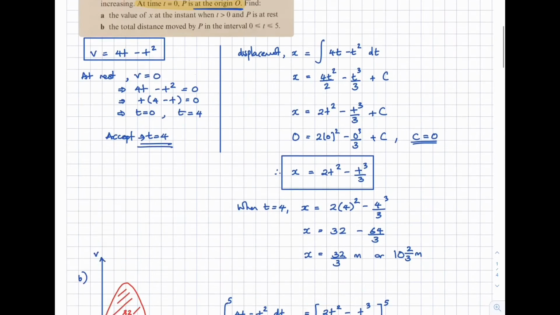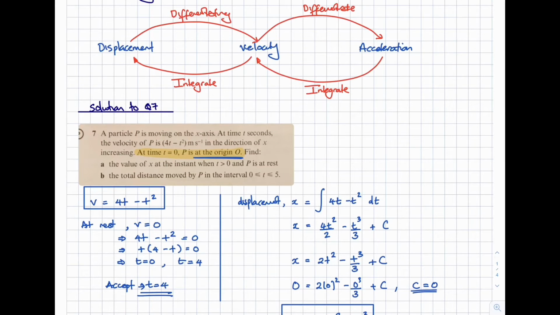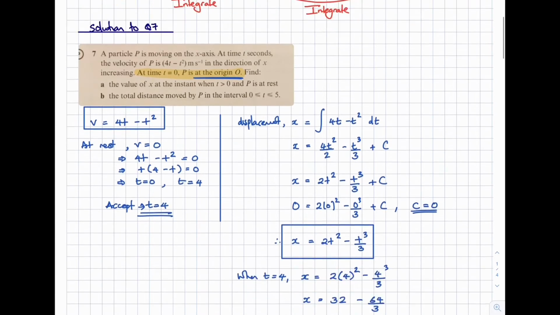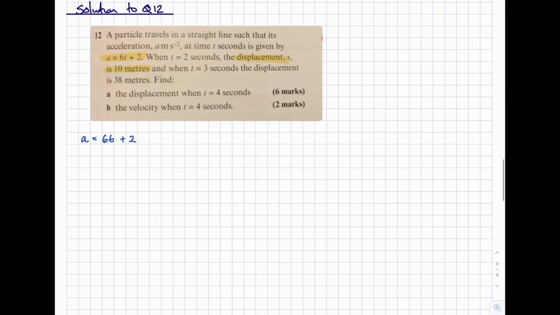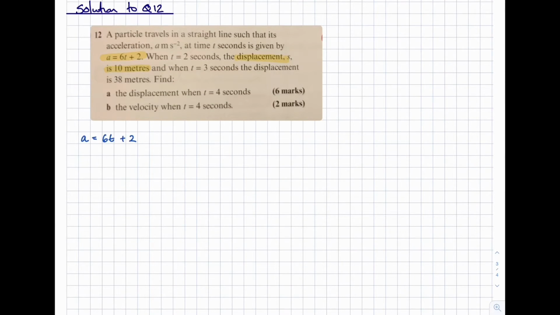If we've got acceleration and we want to work out displacement, we need to integrate twice. Integrating once to give us velocity, and integrating twice to go from velocity to displacement. So what we're going to do is we're going to have to integrate twice. So for this part of the question, we're going to say, well, velocity